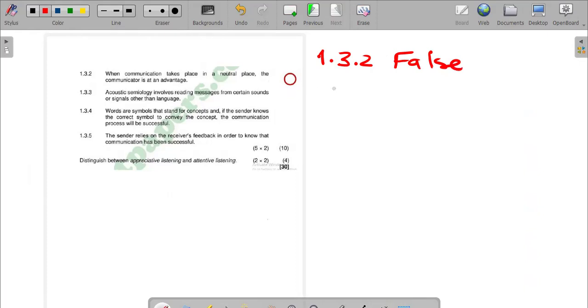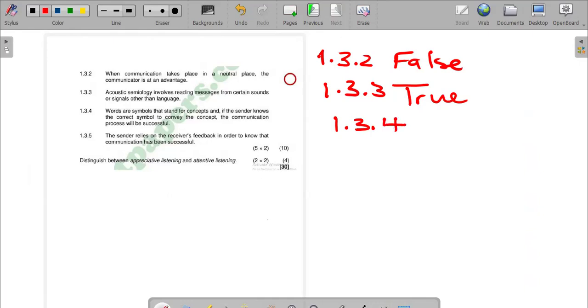Let's move on to 1.33. Acoustic semiology involves reading messages from certain sounds or signals other than language. The answer is true. Acoustic semiology is the study of what? Of sounds and signals. So sound and signal, that's true, right? I'm going to move on to